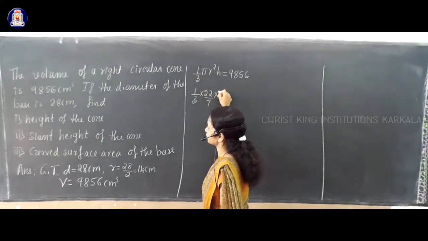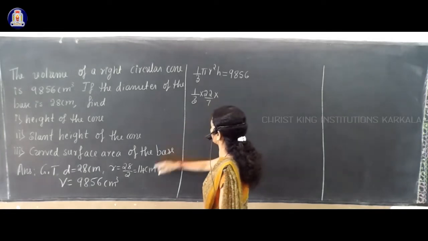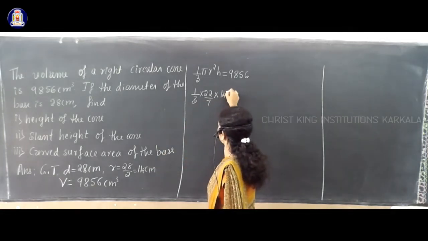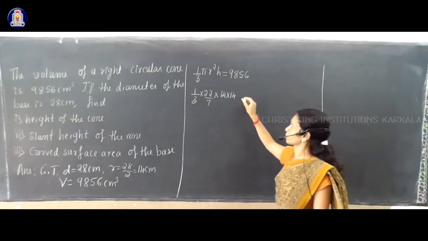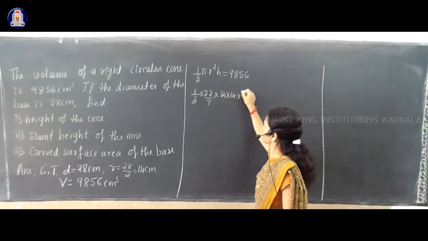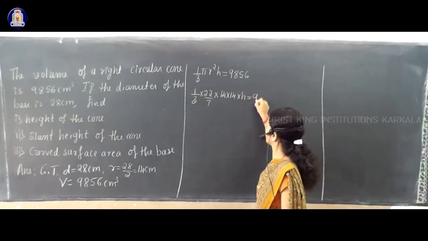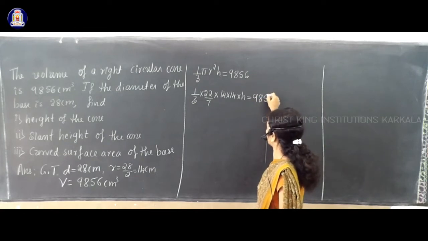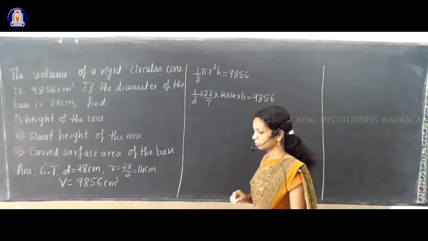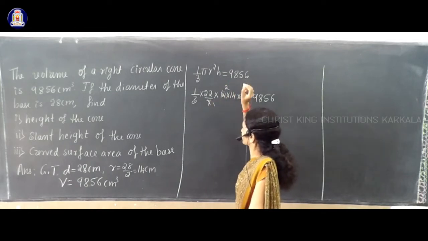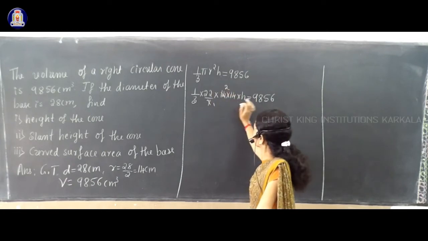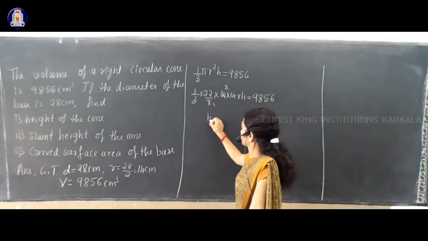And R is how much? R is 14. So R square means 14 into 14. 14 square is 14 into 14. And into H, the height, that is unknown, equal to 9856. And here the 7s we can cancel. And we keep only H on the left side and remaining all numbers will send to the right side. Okay. So H is equal to